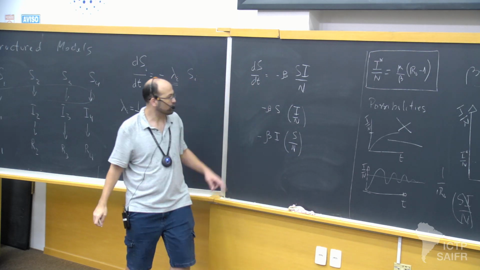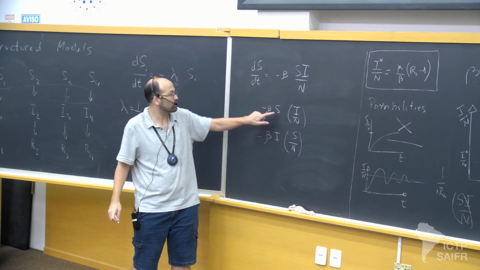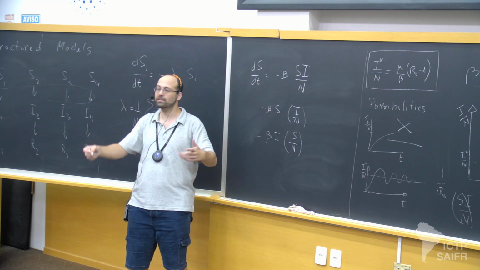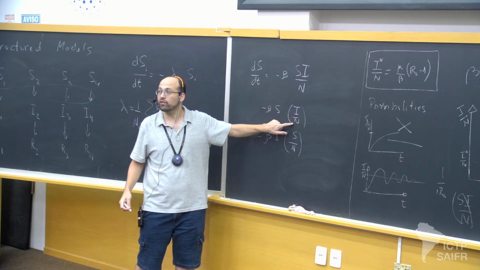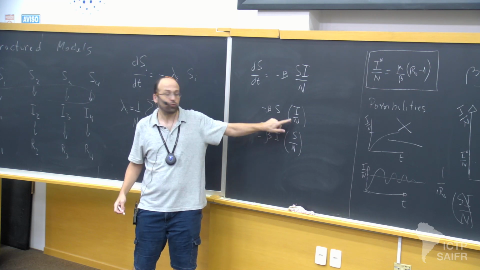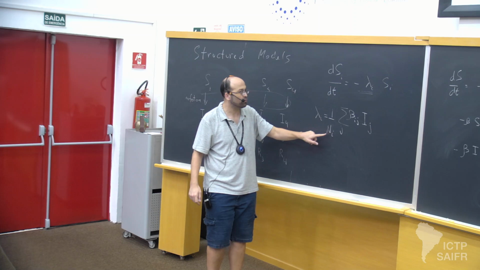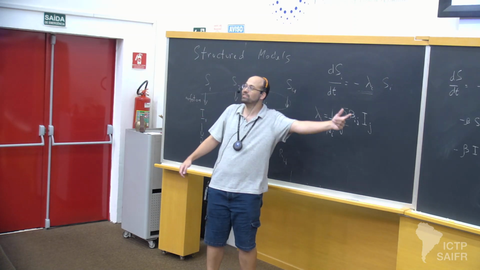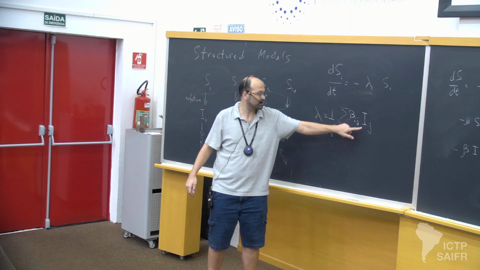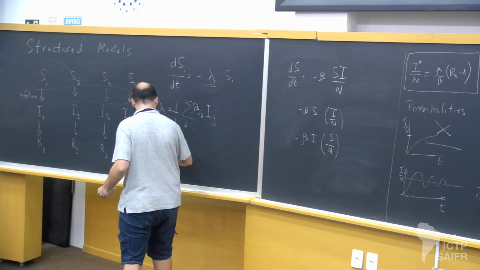So if I think of this in this way, I have susceptibles having contacts, and what is the chance of finding an infectious individual? If we think about this in this way, then here I should be dividing by the number of individuals in the infecting class. That is the class J, not the class I. So instead of this, I would write